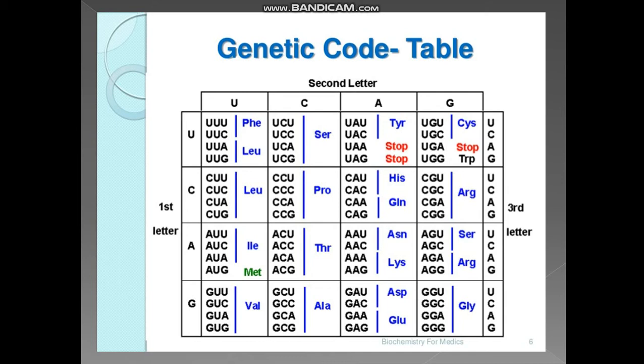So of course, one thing which has to be started must stop also. So we have AUG as the start codon and UAA, UAG and UGA as the stop codons. In between these, whatever is the code, those many amino acids are utilized in forming a protein chain, and this is how all the proteins are formed.